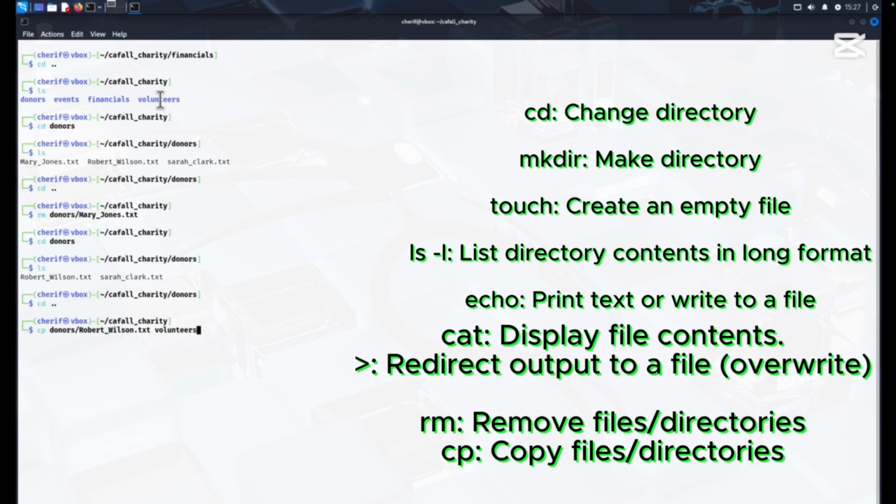Volunteer, and then enter. Now it looks like it went through. Now to know if it went through, let's go